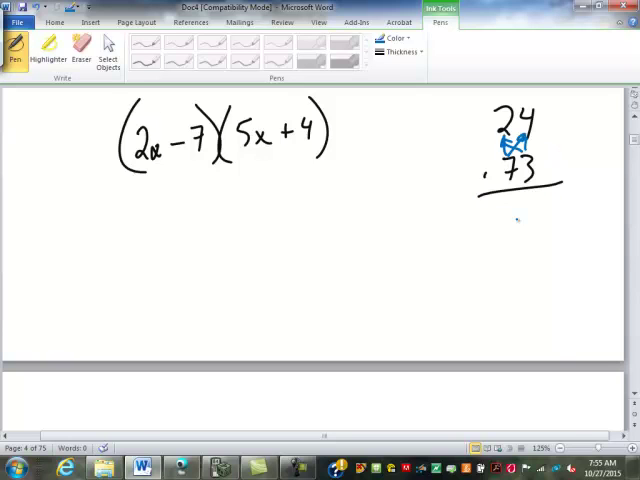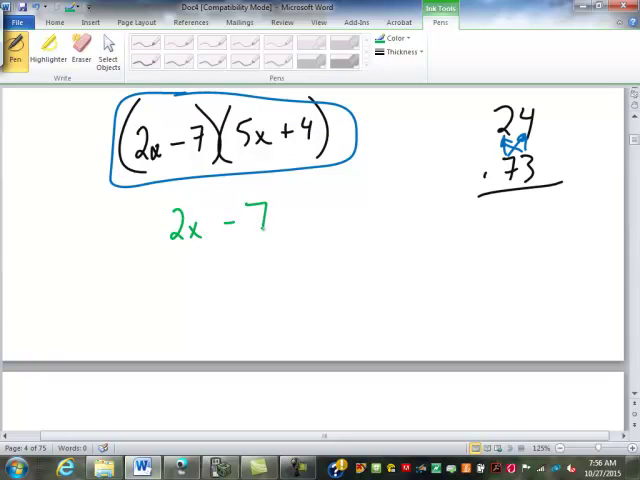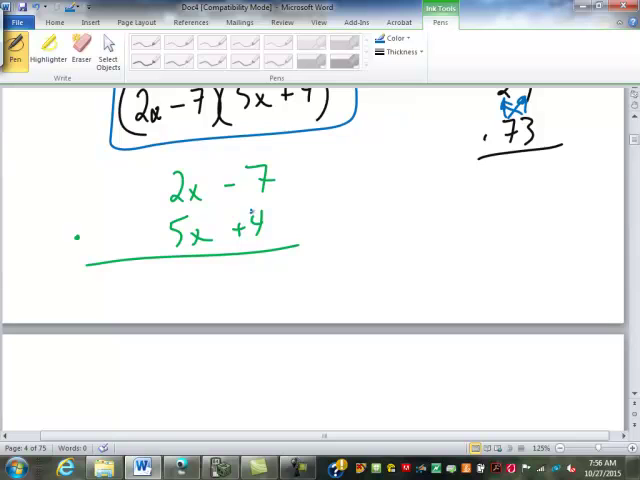Well, the reason I did that is because now when we look at numbers like this, it follows the exact same process. This is 2x minus 7 and 5x plus 4. And we are multiplying. So now we've got 4 times negative 7 is negative 28. 4 times 2x, 8x. We're done with the 4, we move over to the 5x. 5x times negative 7,